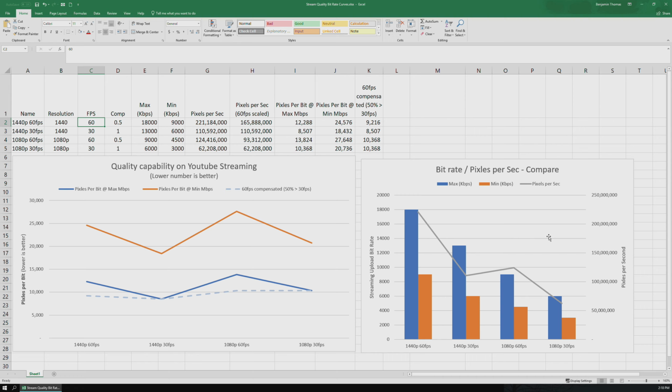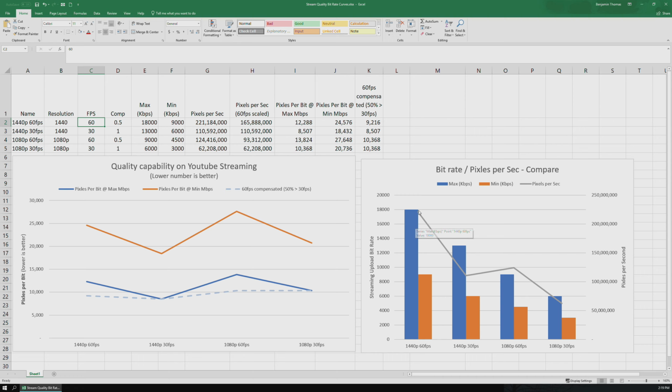And then the right-hand axis is for this gray line that shows the number of pixels per second that a given resolution is going to have. As this gray line is relatively higher than the blue bar, that indicates possibly there's going to be more pixelation there, because there's more pixel information, relatively speaking, than some of these other bars that the line is actually below it. So if we interpret this quickly, we can see that at